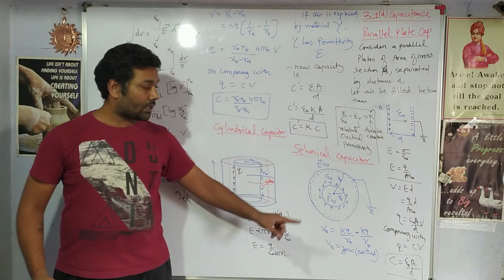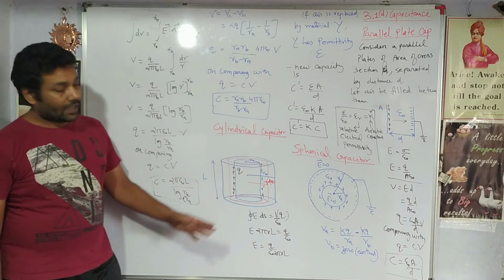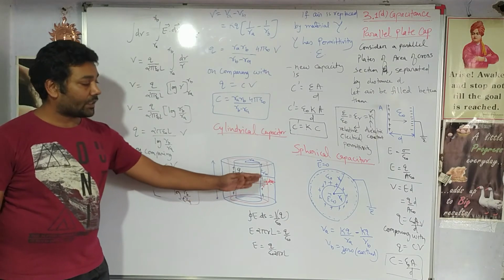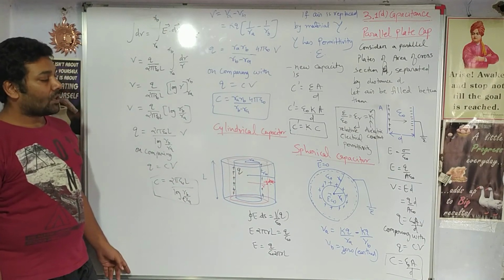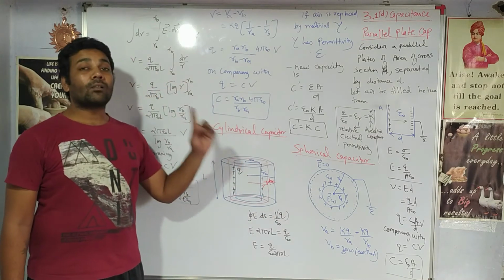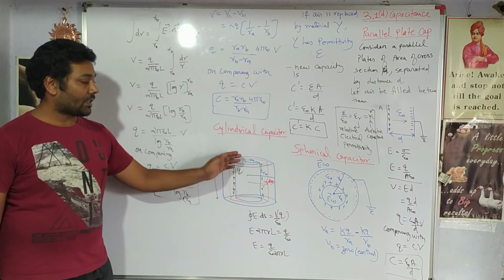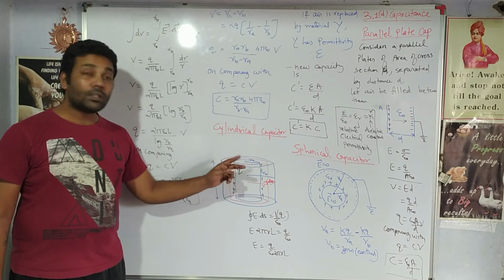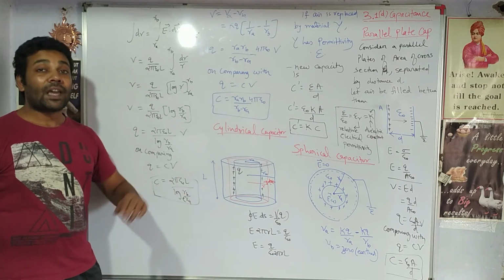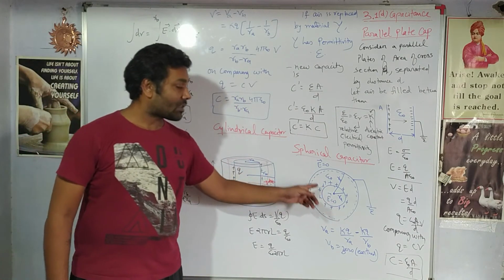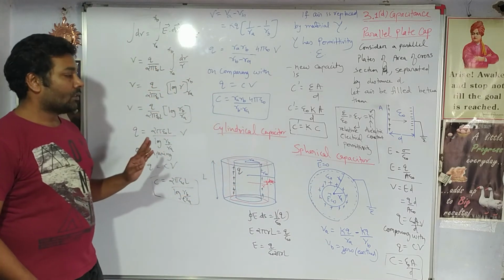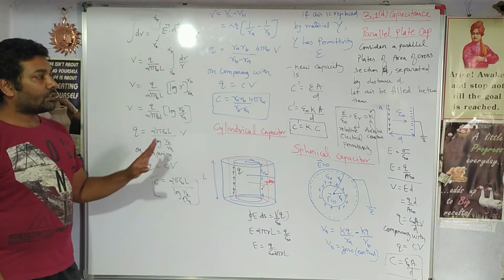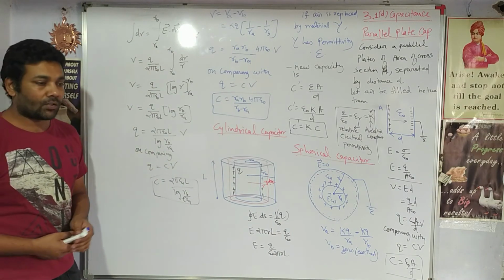Can we apply Gauss law here? Can we derive this using Gauss law? Yes, you can. But here the potential difference is calculated directly. It is simpler. Here it cannot be calculated directly. It is not as simple. Here it was a spherical one. It is a cylindrical one. Right? We have two different surfaces. One is round surface. Other one is circular surfaces. So because two different types of surfaces are involved, we have to apply the Gauss law. Here only one type of surface is involved, that is spherical. So here the derivation takes place without Gauss law also. So these are the three different types of capacitors and their equations.